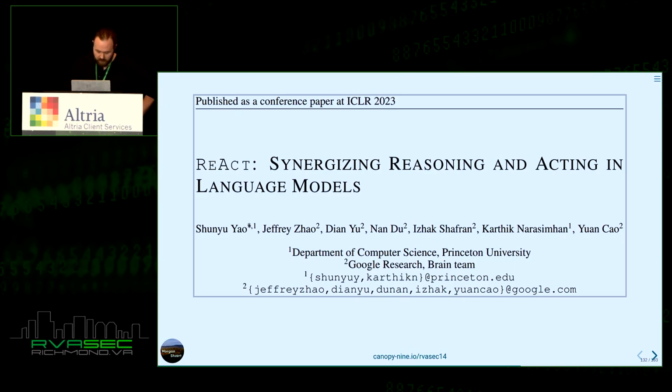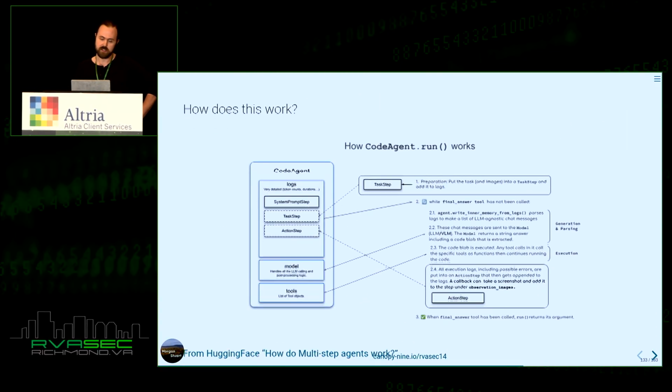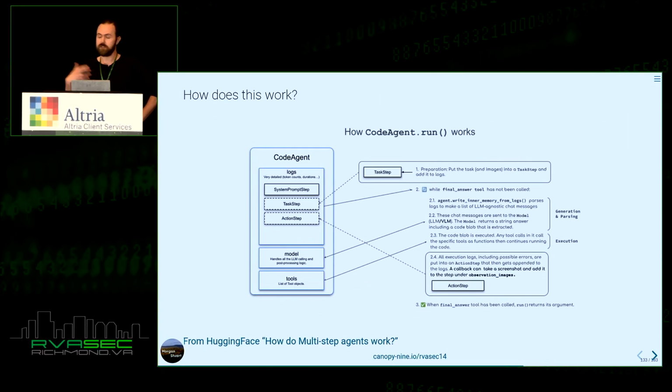All of this is coming from the ReAct framework from Google and Princeton, so reasoning and acting, and this is what the Small Agents library implements. As you might intuit, it's essentially: give me a task, I'm going to look at that task and generate, maybe do some tool calls. Those tool calls generate observations, they go back into my context, and I go again, and we just keep doing that loop until the LLM decides to call final answer and submit something.